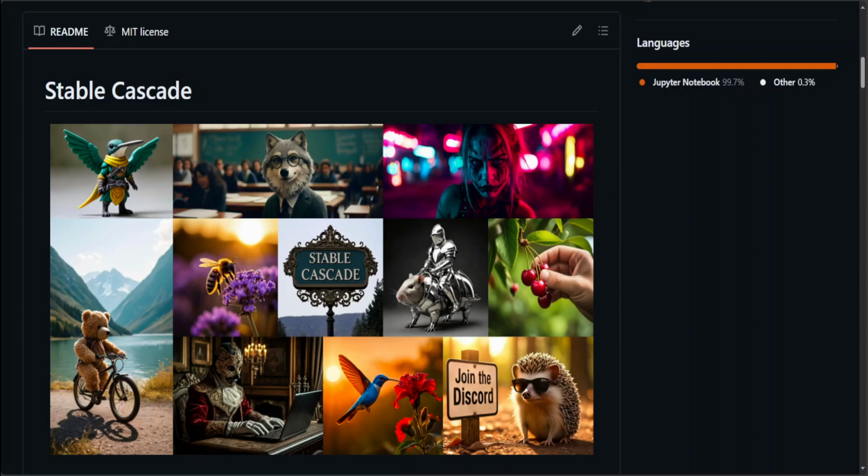Anyway, in this video I'm just going to give you an overview of this model and how it works, because that in itself is quite a fascinating and interesting read. Now, the thing about this model is that it is built upon the Würstchen architecture, as I mentioned, and its main difference to other models like Stable Diffusion is that it is working at a much smaller latent